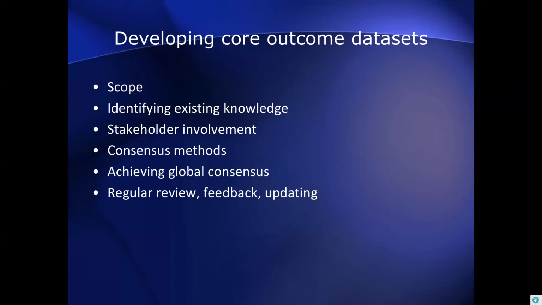There needs to be a process of regular review, feedback, and updating of that core outcome set. And there needs to be a mechanism in place for us to capture feedback on an ongoing basis on the core outcome set. Consider a process for how you intend on getting your core outcome set implemented. Of course, one of the obvious ways to do so would be for journals to require the use of a core outcome set when people are reporting the findings of their particular study, or when they're registering the protocols, that they must make reference to and include that particular core outcome set. Some journals have got together to do this work.